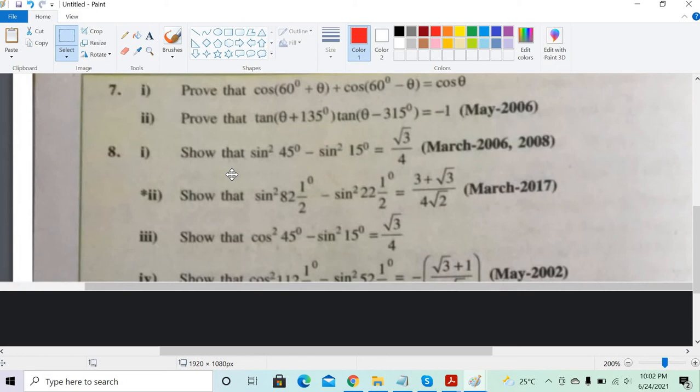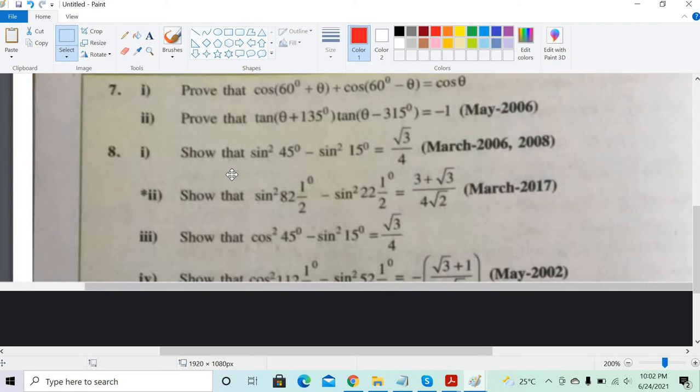But then I'm just taking 2 theta directly. How will I get it in terms of 2 theta? Sine square theta is. Oh, wait. Sine 2 theta. How do I turn the sine square to 2 theta? Basically, I need sine square theta minus sine square beta in terms of sine 2a and 2b. Correct. So how will I get that?